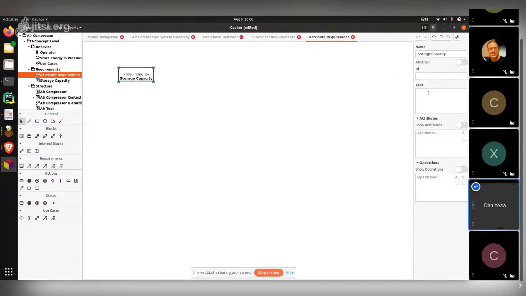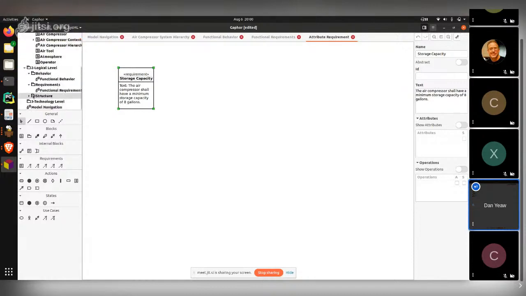And so the requirement has an ID and text, and in the text, this is the actual requirement text, you could say, air compressor shall have a minimum storage capacity of 8 gallons. Right? And so we now have a requirement that says, we know at this attribute level how big our tank must be, and then we'll take that into account as we're designing